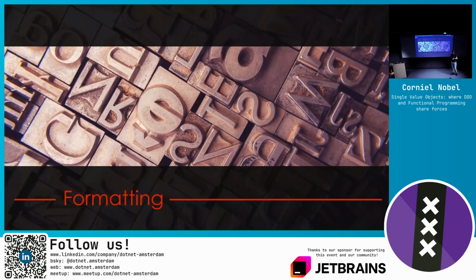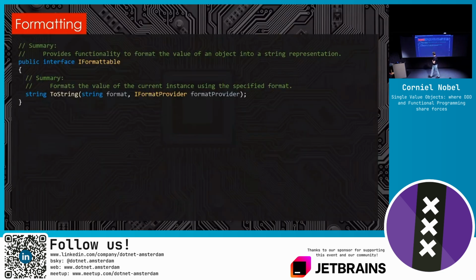Okay. Here's the other one. If we have normalization on the one hand, we have formatting on the other end. This is the most important interface that Microsoft has on this. So you provide the format and a format provider. And since .NET 6, I think you also have the read-only span format as an